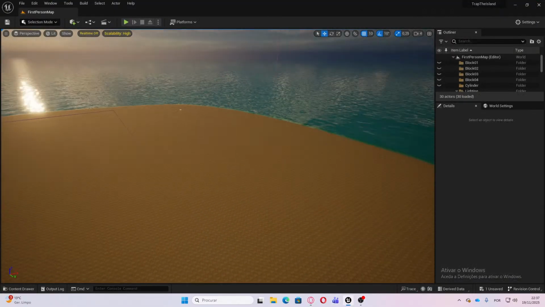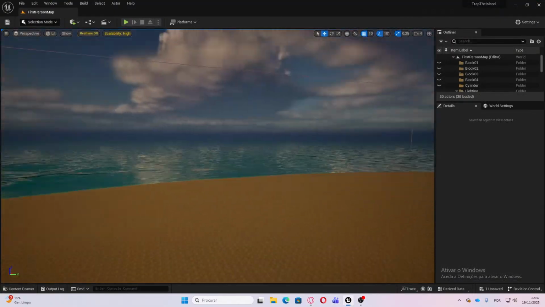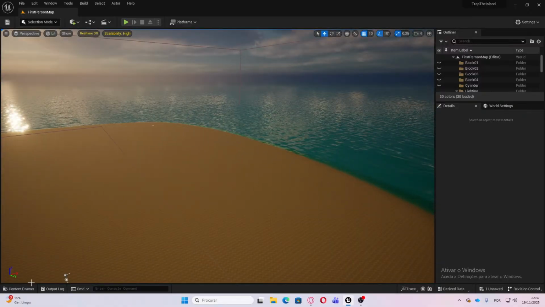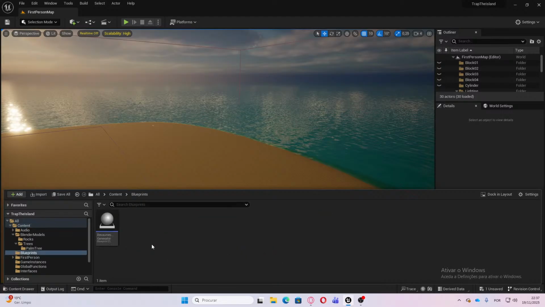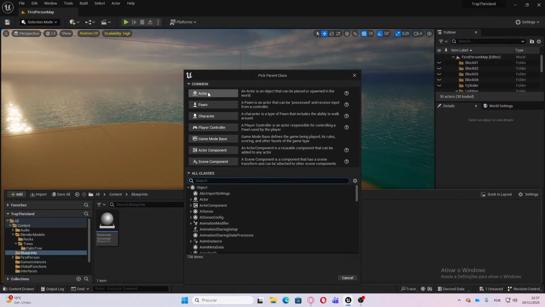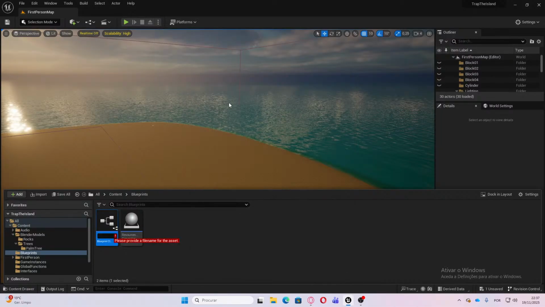First, I'm going to define here a state. Actually, no, it's not a state. I have this well organized here in all of the folders, and I want to create in blueprints a blueprint class and it'll be an actor. So it should be a camera, like